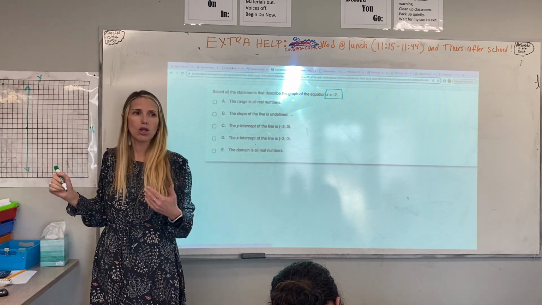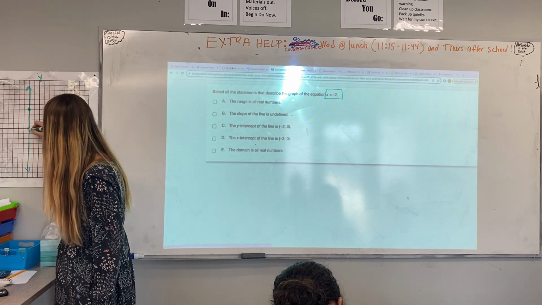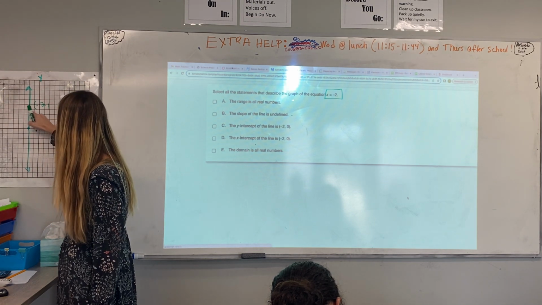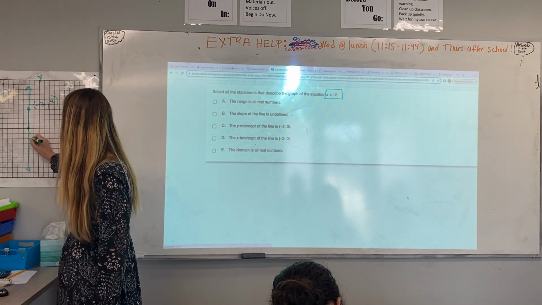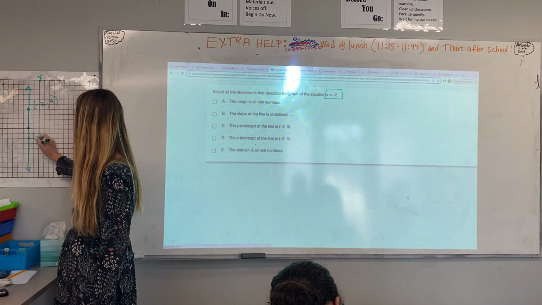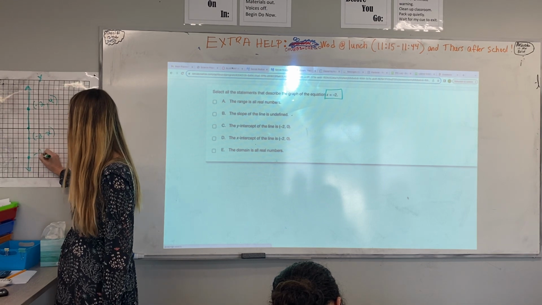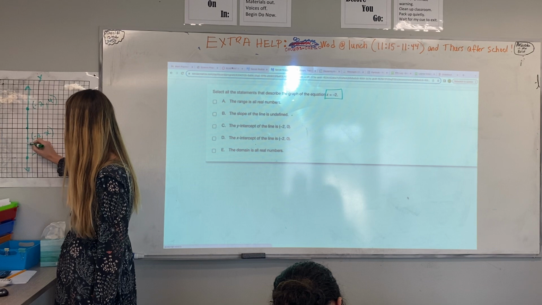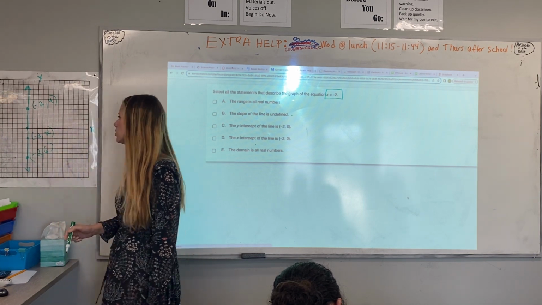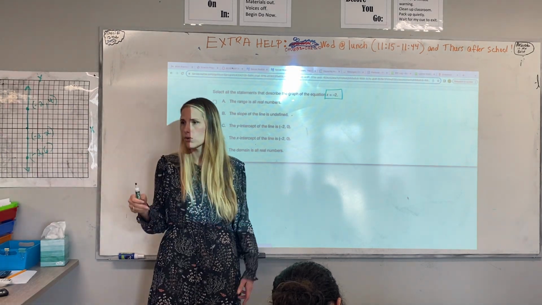Your x value will always be negative 2. I'll even show you. What about up here? We have negative 2 on the x, and then 1, 2, 3, 4 on the y. What about down here? We have negative 2 on the x, and negative 2 on the y. Let's go down here. Negative 2 on the x, and then 1, 2, 3, 4, 5, 6, negative 6 on the y. Do you see that every single point on that line is going to have the x value negative